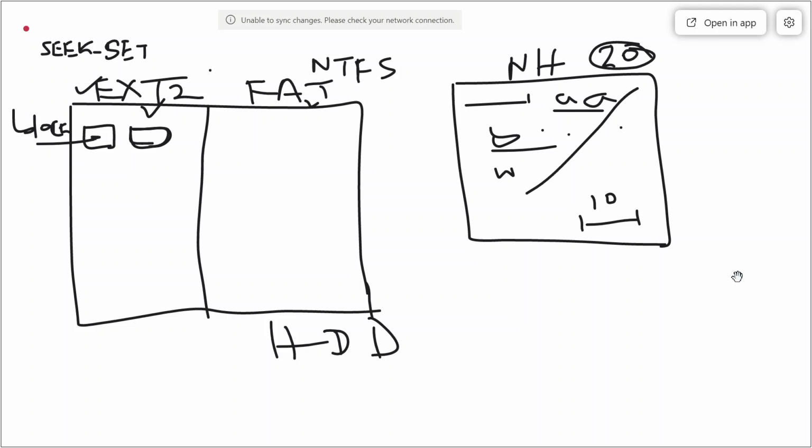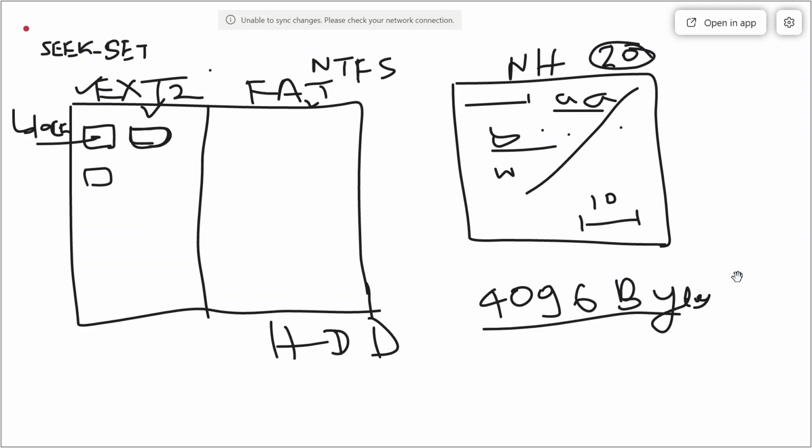In case of ext2, the block size is 4096. The size of one block is 4096 bytes. Got the idea? So this entire hard disk is divided into different blocks.